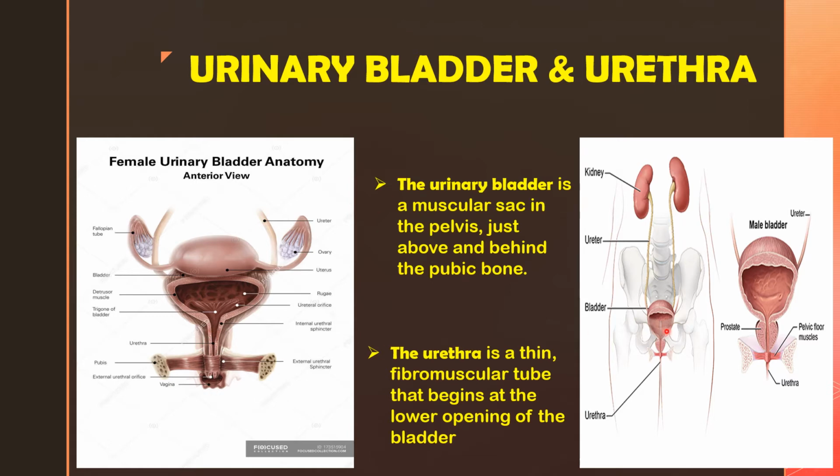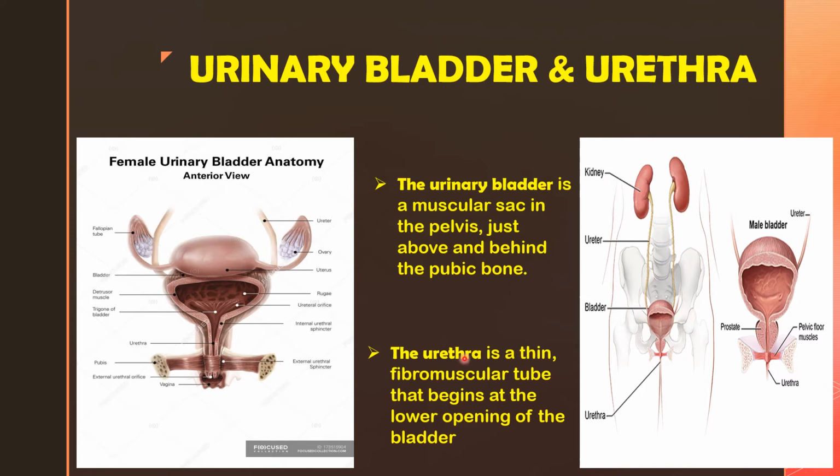So this is the urethra and this is the urethra in this diagram. But you just see the diagram. In the case of the male excretory system, the prostate gland is there, which is absent in the female excretory system. So this is the basic difference between these two excretory systems. There are lots of other differences also, but those are not in your syllabus, so that's why I'm only showing you this. The prostate gland is present in the male excretory system, but it is absent in the female excretory system.